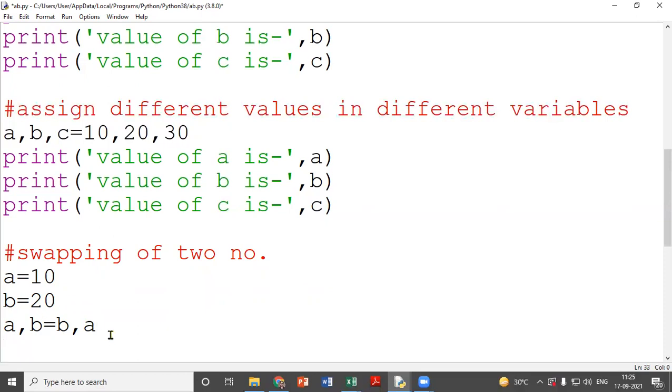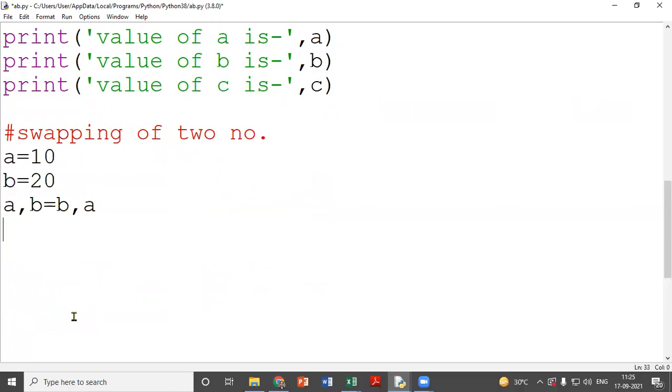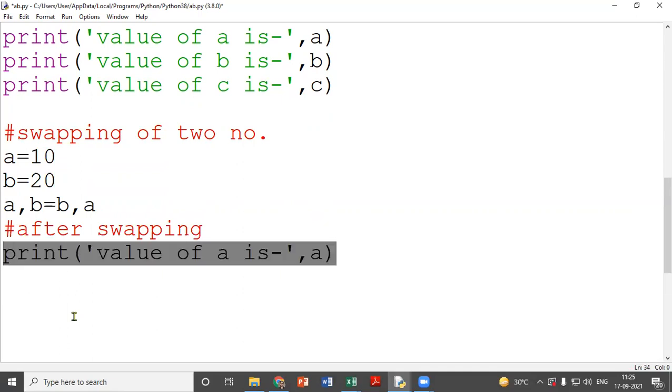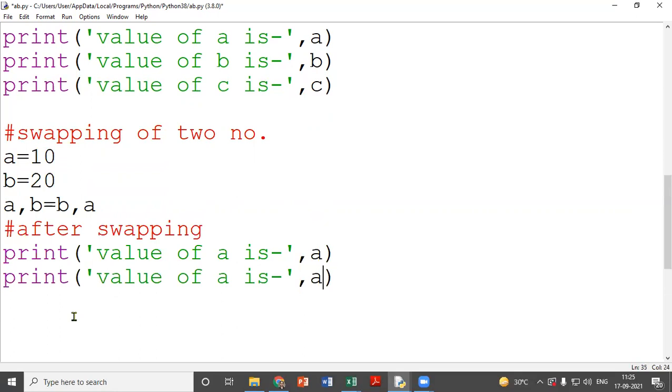Now I'm going to print after swapping. Here I could show the message value of A is, and here I will show A comma A. Then I'm going to copy and paste it, and here I will use B. When I took A equal 10 and B equal 20, but when I print it, it will show A equal 20 and B equal 10.